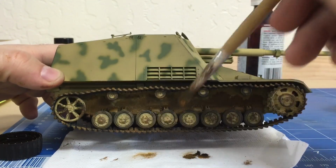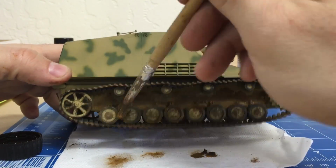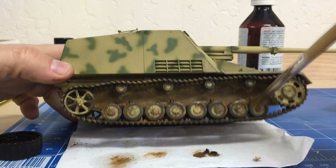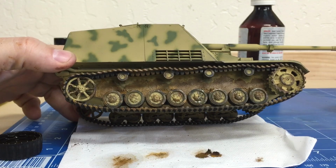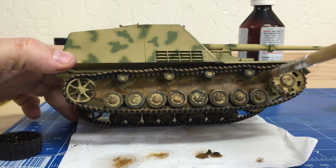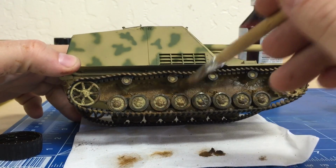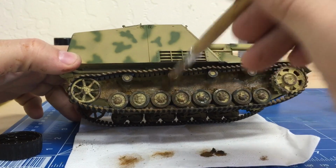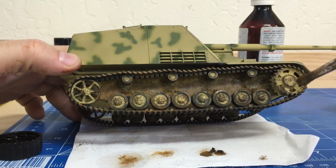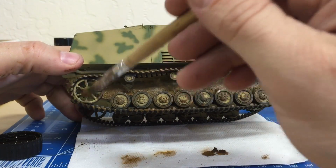And it's almost like stippling it on because the brush is so hard. And hitting it with the thinner every once in a while will blend some of it together. The other nice thing about the oil colors is they do have a little bit of shine to them to give it the look that the mud is fresh. Now it will dry over time, but it still should have a slight shine to it. So I'm not going to cake it on super bad, but